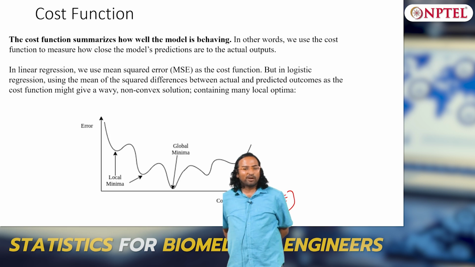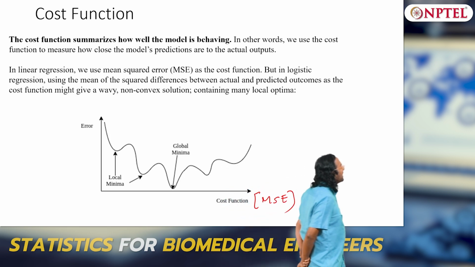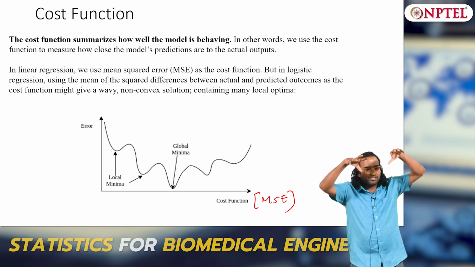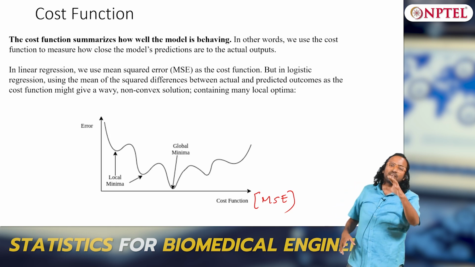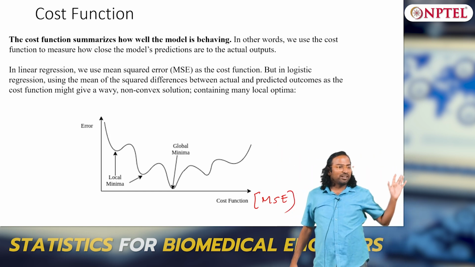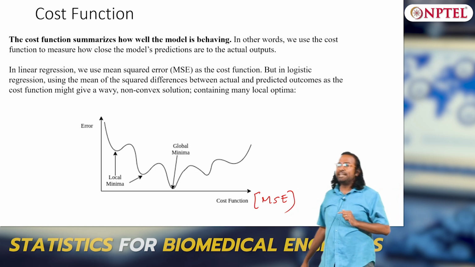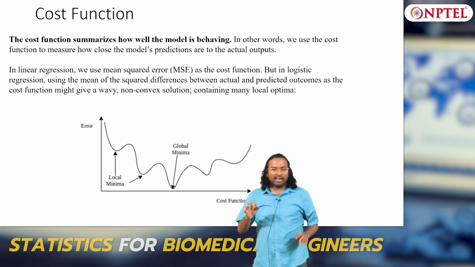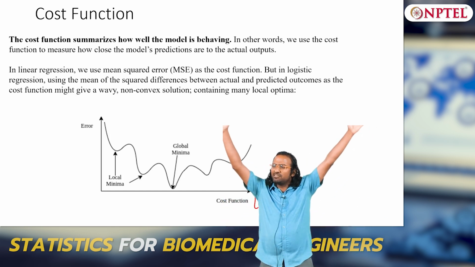That is where the problem is, because if you use mean squared error, you get this graph where the function is bumpy, cost versus error, the error keeps on reducing and all of a sudden it will be addition of ones, then addition of zeros, then addition of ones, etc. So it is going to be a crazy function. Ideally what do I need a function to be? I want a function such that when there is no error my cost is 0, when there is an error the cost is very high.